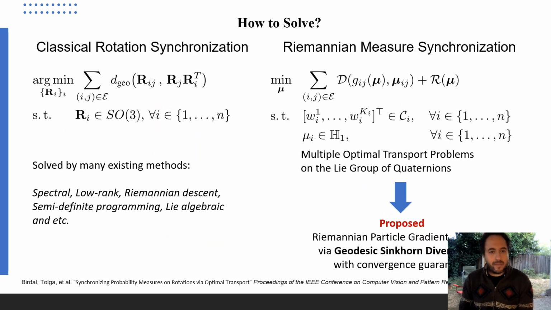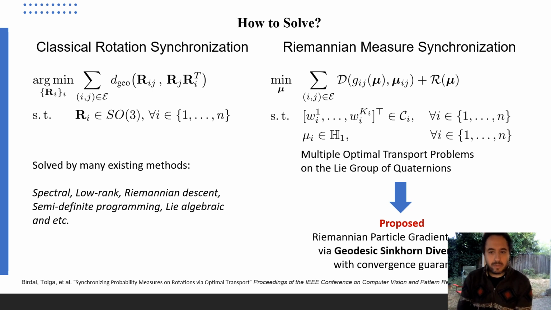So on the left, you see a classical rotation synchronization, as we have studied. And this can be solved by many algorithms that I have talked about, and you will be seeing in the rest of this tutorial. However, for this problem we just introduced here, there is no solution. And what we propose in this paper is a way to solve this,